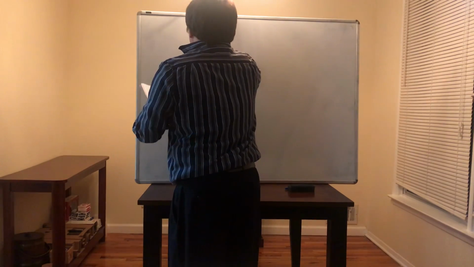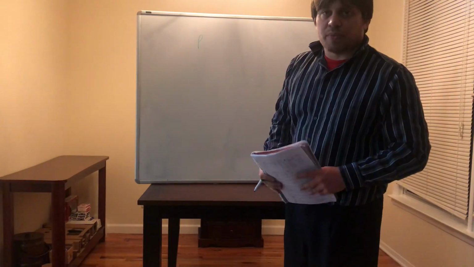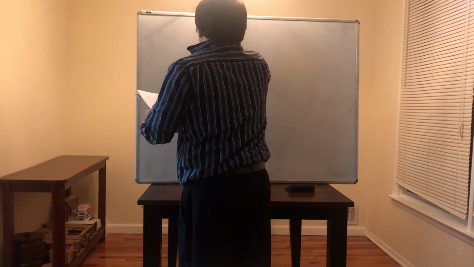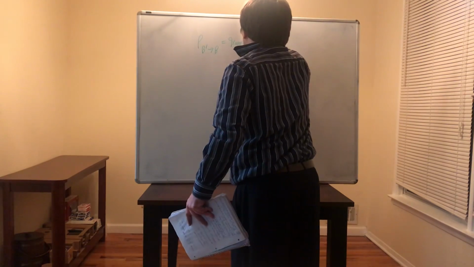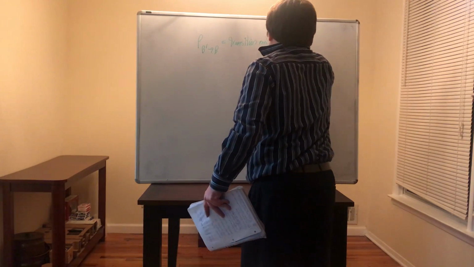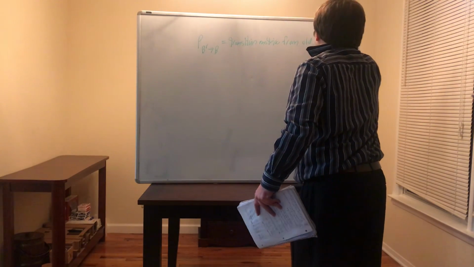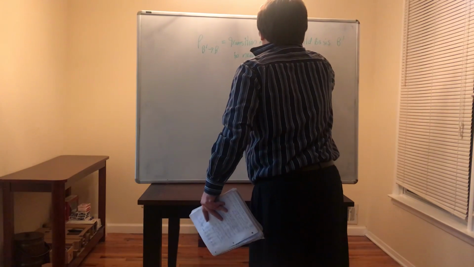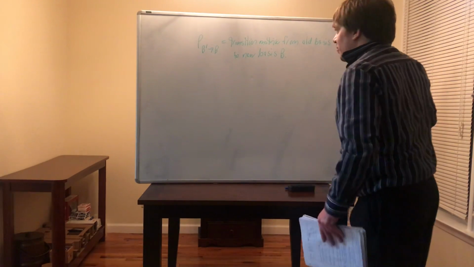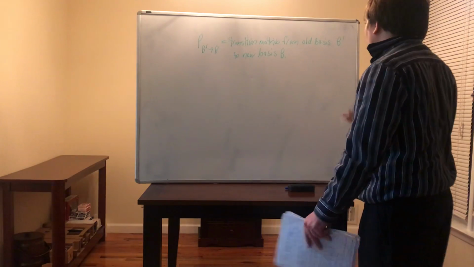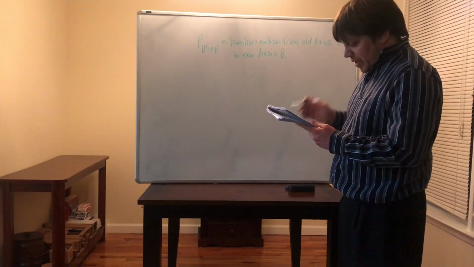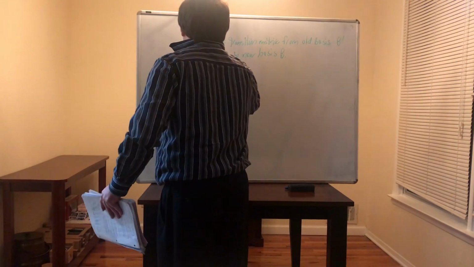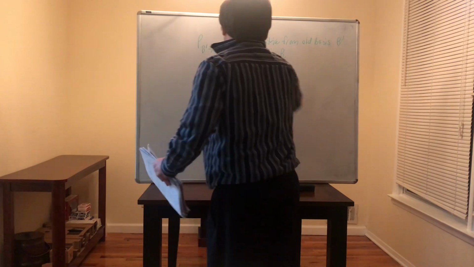Okay, so the P there is a transition matrix from old basis to new basis. So this notation is the transition matrix from an old basis B prime to a new basis B. So that's the transition matrix from an old basis B prime to a new basis B. Okay? And so that's the notation for it. So the transition from an old basis B prime to a new basis B, that's going to be the